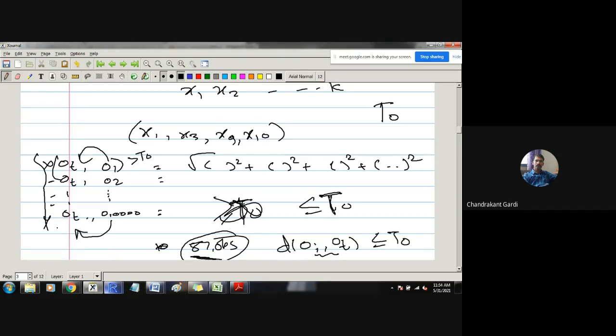So whichever observations have distance less than t naught in terms of these four variables, only those will be accepted and transferred to the second stage. In the second stage, we will consider all the variables, and if we want to reduce the execution time further,